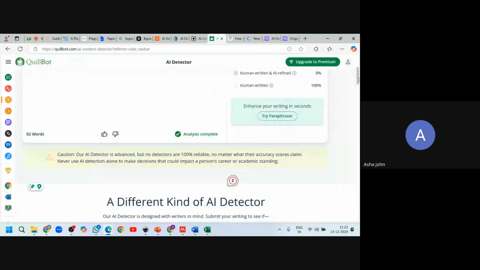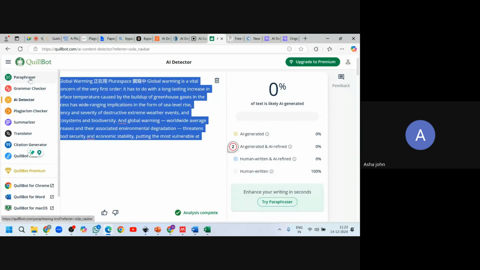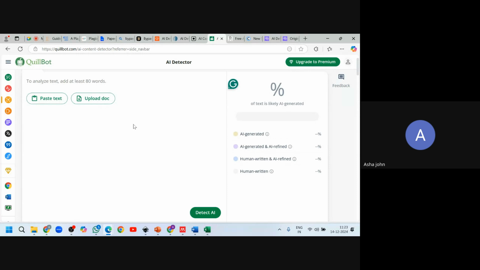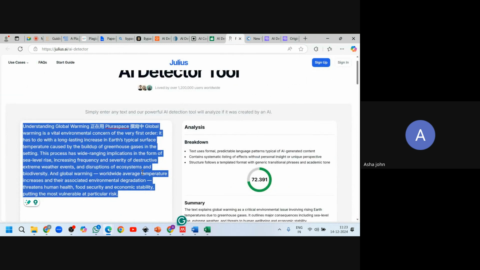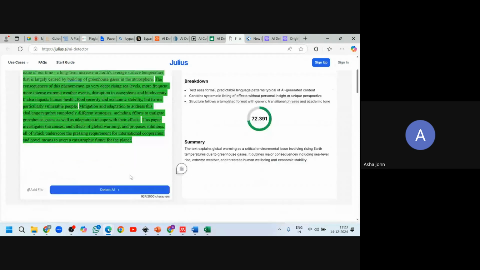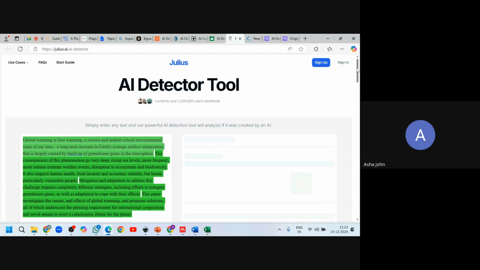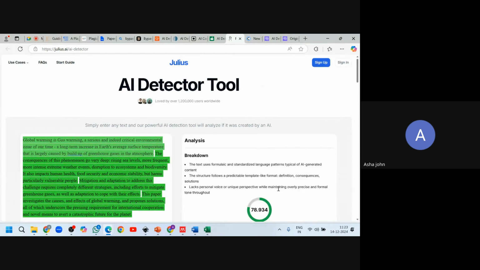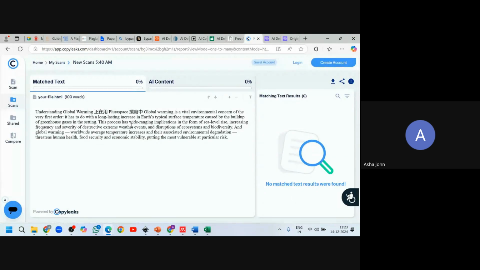And let's ask Quillbot if this is AI or not. Quillbot is saying there is no AI. Now, what about Julius? Julius is saying 73% unique content.